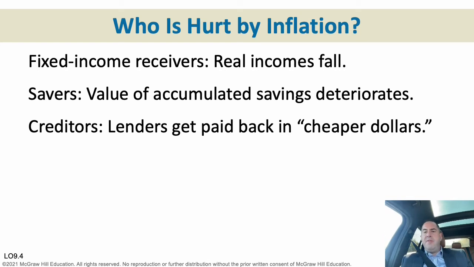Harm from unanticipated inflation causes real income and wealth to be redistributed. You might see companies having to pay more for workers. That's a redistribution of income. Were the inflation to be expected, people could plan and adjust. Those expecting inflation may be able to adjust their work or spending activities to avoid or lessen the effects, but unanticipated inflation has stronger impacts.